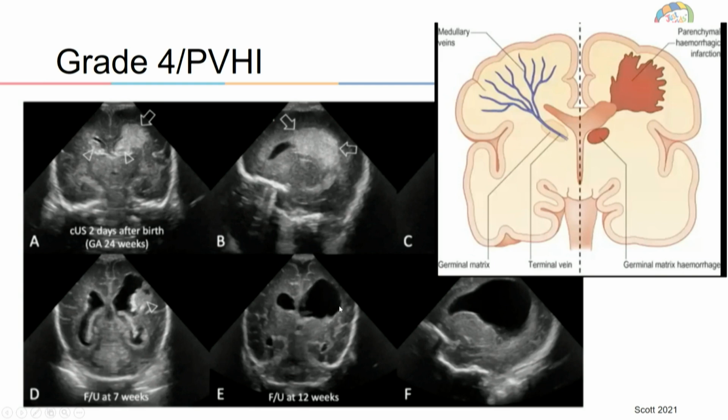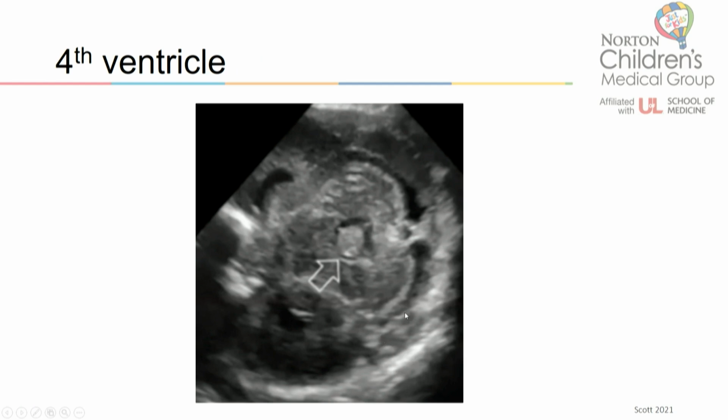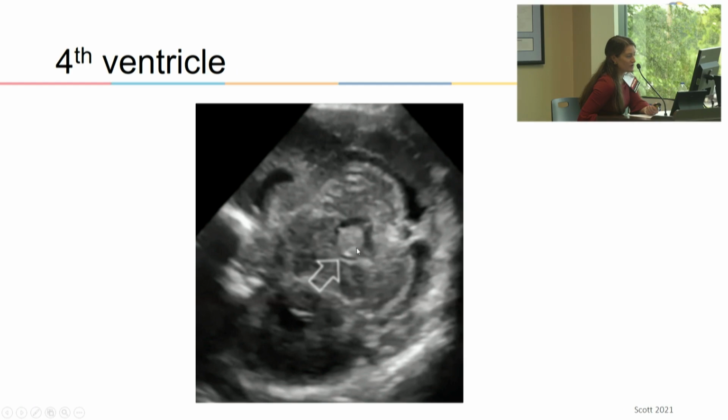And then you can develop these porencephalic cysts afterwards where the brain dies, essentially. So here's a mastoid view of the fourth ventricle. I just wanted to point out, you can actually sometimes see a clot in the fourth ventricle after a severe IVH. And if you see this, you better watch real closely for post-hemorrhagic hydrocephalus, because once the blood gets into that really small cerebral aqueduct in the fourth ventricle, it's pretty easy to clog up the drainage